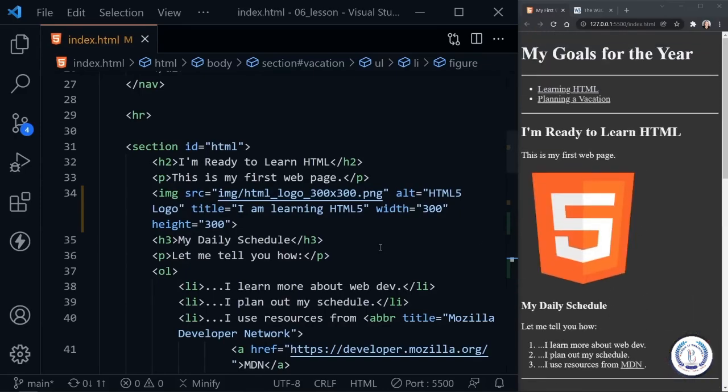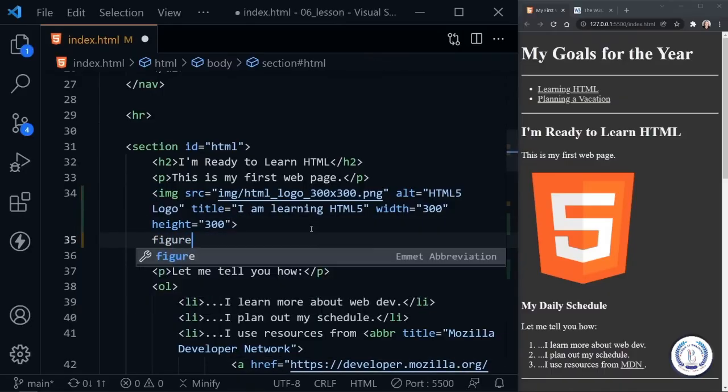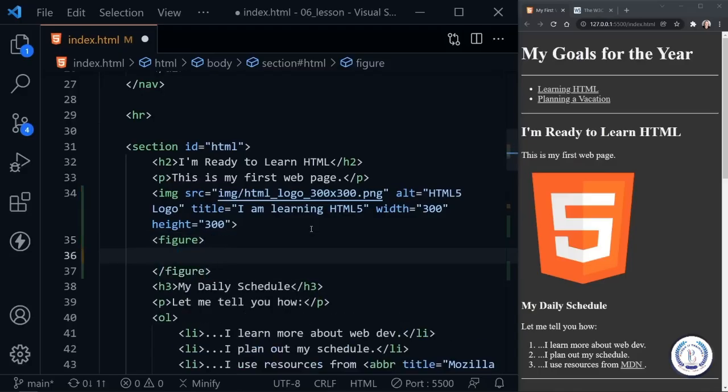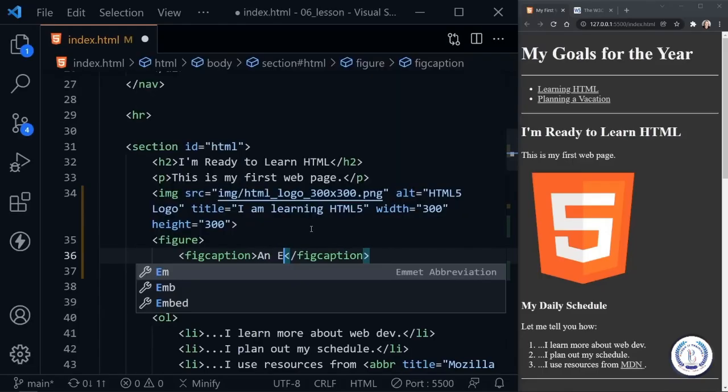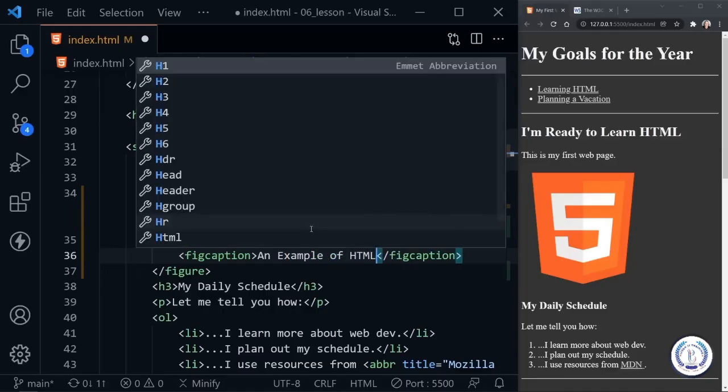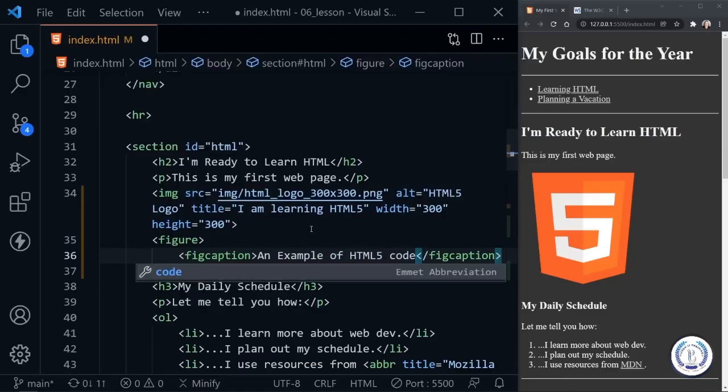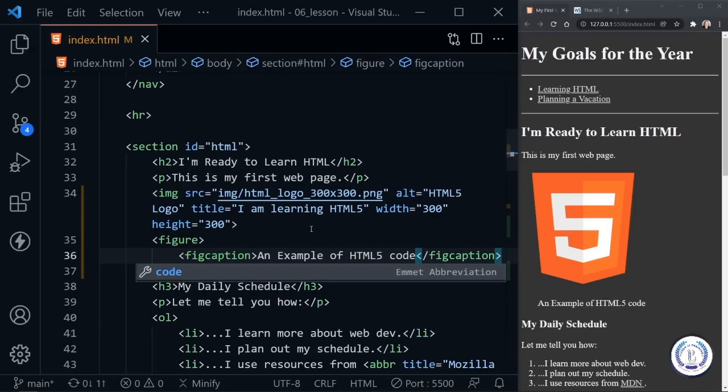And now we can add a figure underneath this image. So I'll type the word figure again. And now let's add a fig caption first. The fig caption element needs to either be the first thing inside of a figure or the last thing. It can be either or. So here I'm going to type in example of HTML5 code, and that will be our caption. So let's save that much, and we see that here, but really we have no content inside of our figure